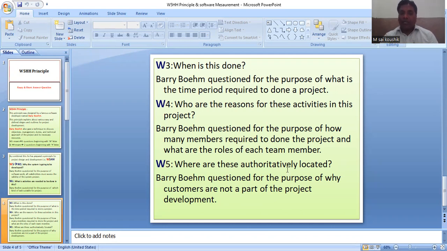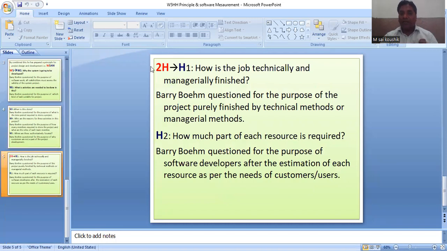Then you go to the 2H. The first one is: how is the job technically and managerially finished? Some projects depend on your own knowledge and own subject. With the help of that knowledge and subject, he prepares some kind of projects. It is called technical jobs.